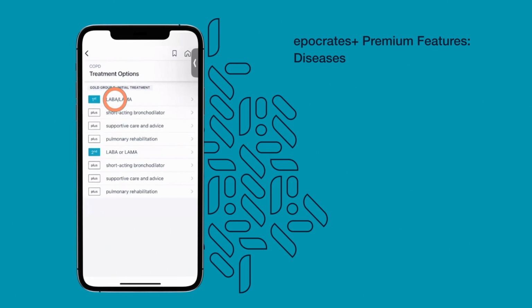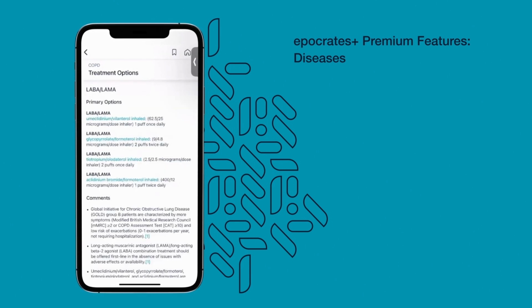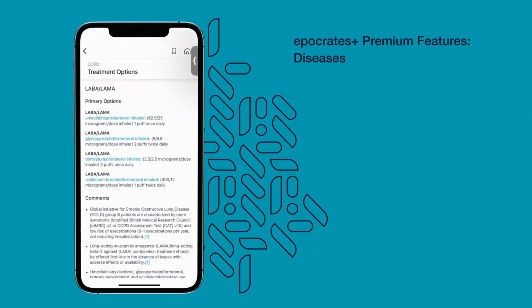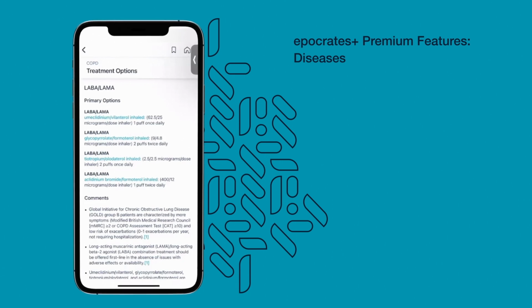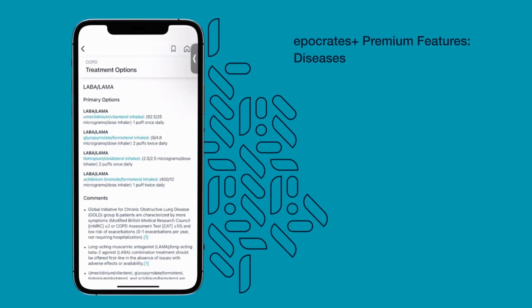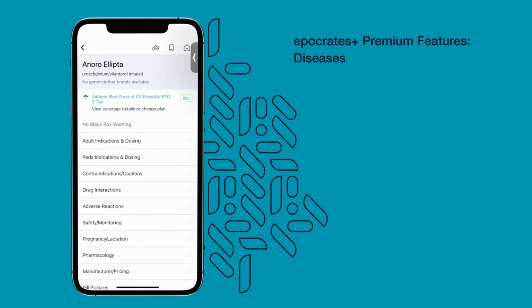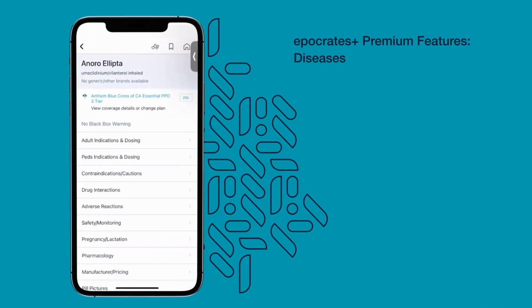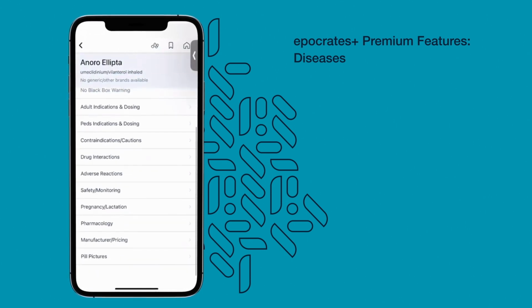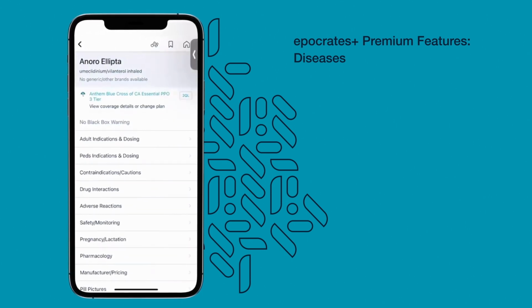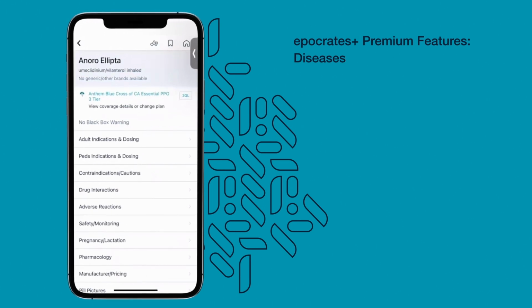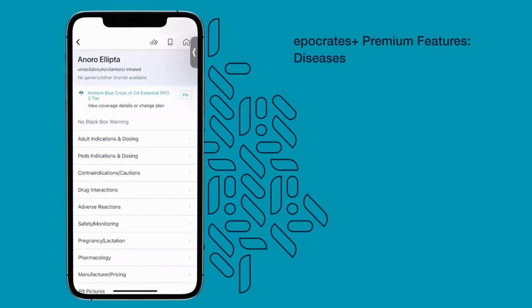Tapping at the very top into LABA/LAMA, we'll see various long-acting beta agonist and muscarinic antagonist combos. Tapping on any drug name will take us instantly to the Epocrates drug information for that product, with all of its sections listed, including formulary information always in view right here near the top, allowing informed treatment decisions to optimize